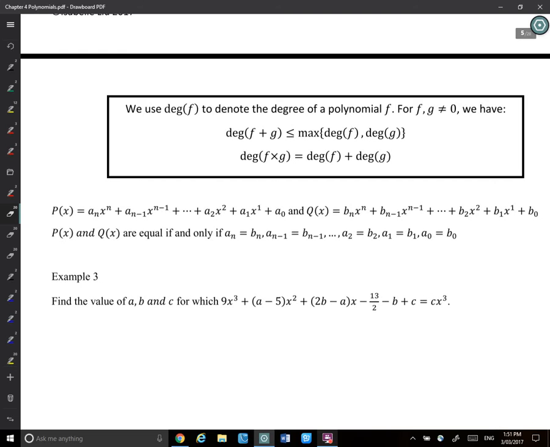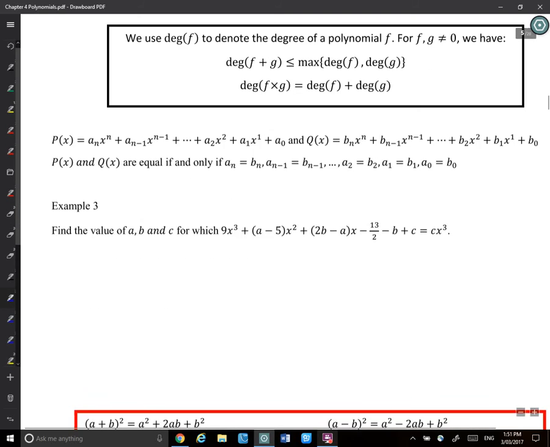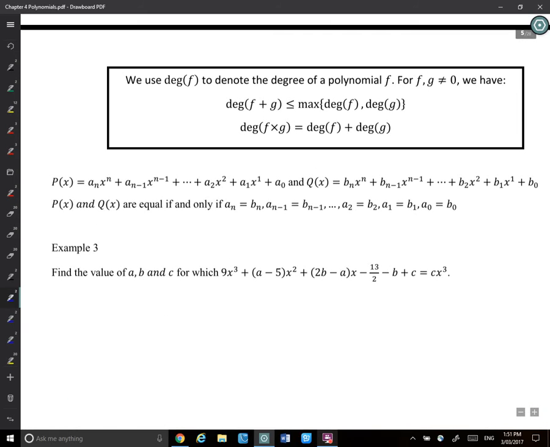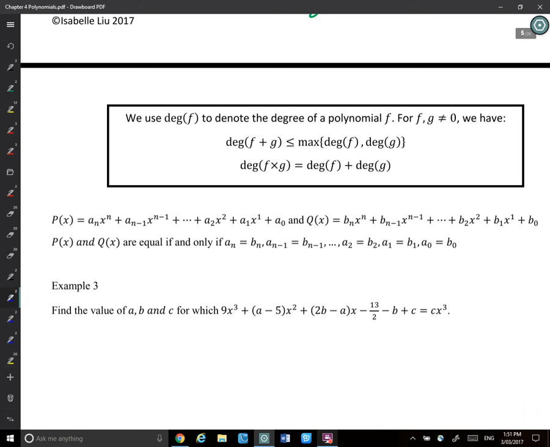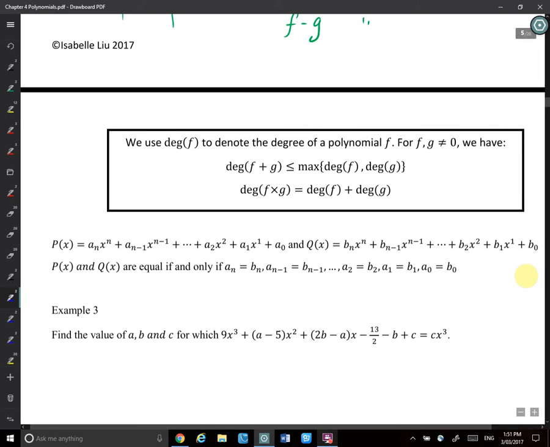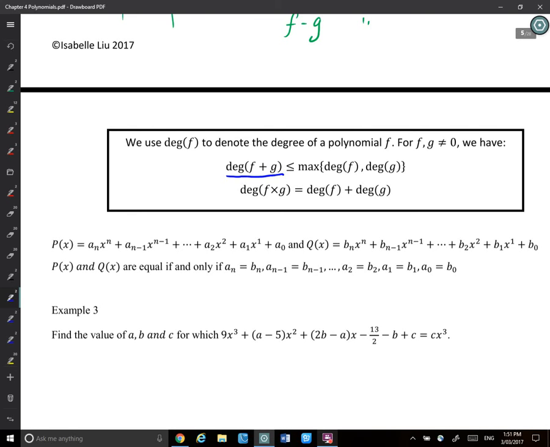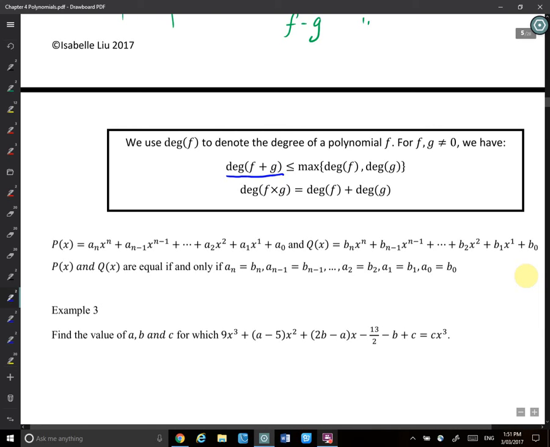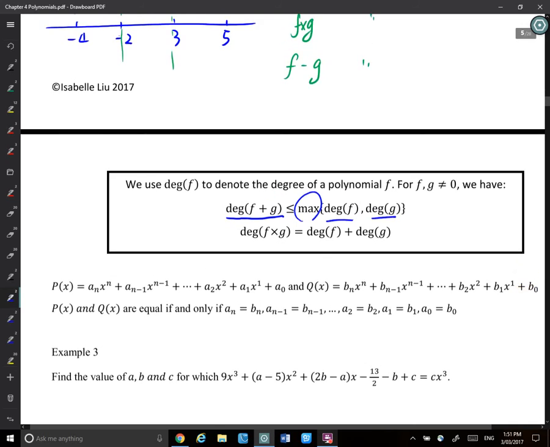Okay, next one. For the next thing, what does this really mean? The degree of f plus g: if you add two functions together, the degree will be smaller than or equal to the maximum degree of either f or g. So what that means is, if you have